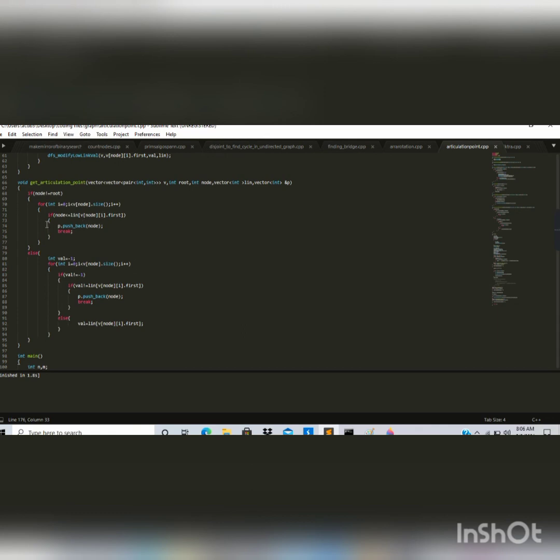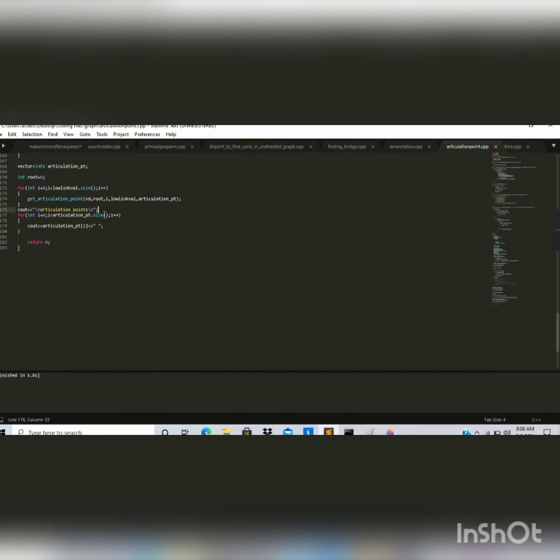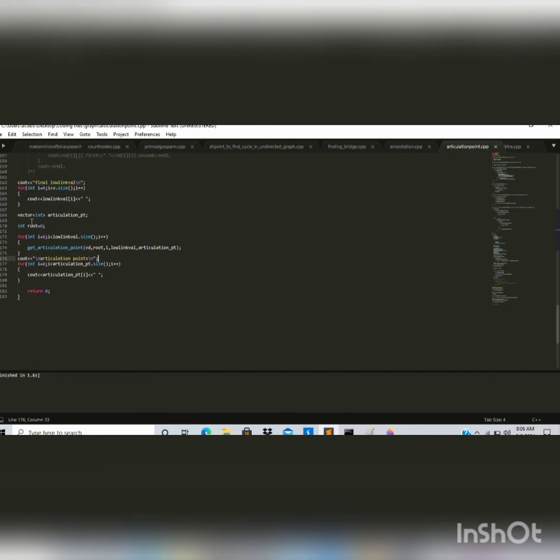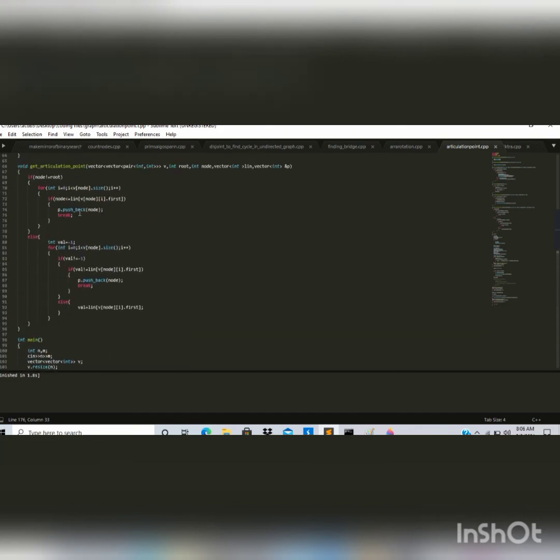If this condition becomes true for any of its children, then we add that node to a vector we have created to collect the articulation points. See here, I have created a vector to store the articulation points. So it adds that node to the vector.